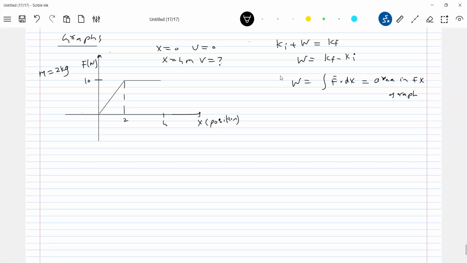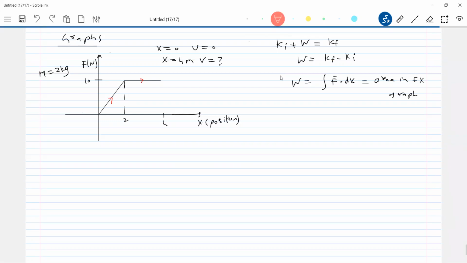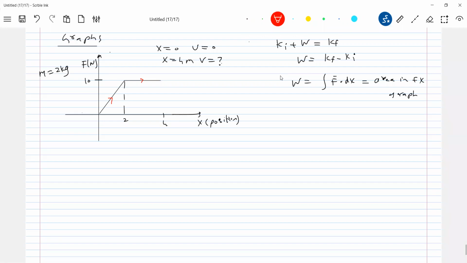So when can you say positive or negative? When the force acts in the direction of displacement. This is a path I'm showing. It shows that the particle first moves from 0 to 2, then 2 to 4, not along that curve. The body is moving along a straight line, and the force acting on it is in the direction of motion. Don't think that it will first move from (0, 0) to (2, 10). No, this is an F-x graph, not a y-x graph. Are you getting this? I'm just showing an arrow that the displacement is in the direction of the positive x-axis.